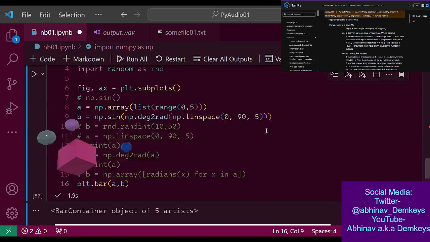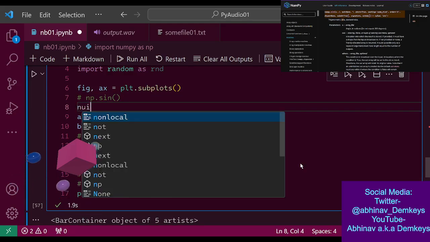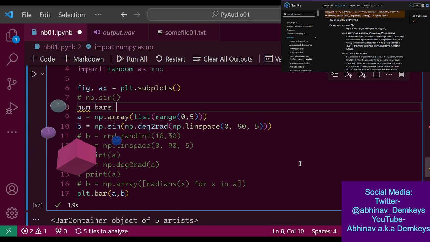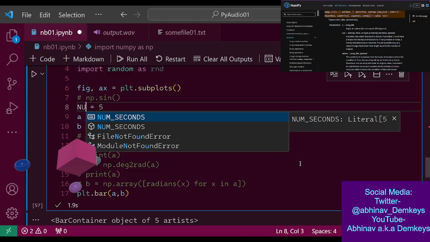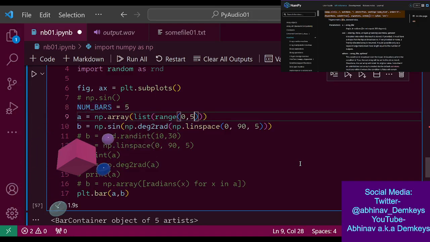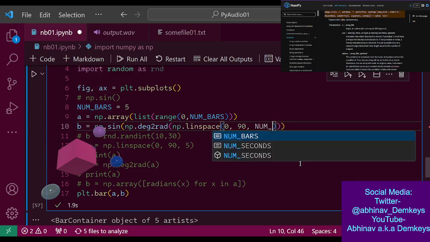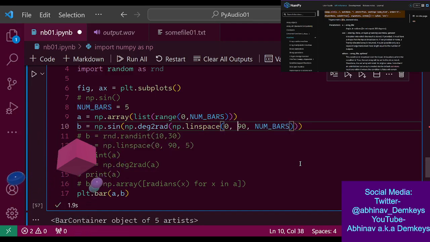Oh, nice, dude. Okay. So we have 5 intervals, right? Num underscore bars equals 5. Actually, let's make this a constant, num underscore bars. All right.